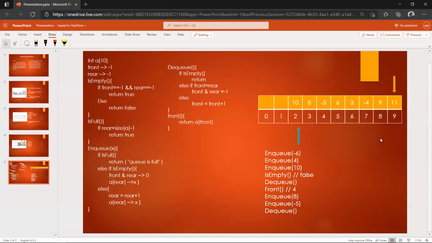If we were to perform another enqueue operation in this situation, it will just show the queue is full. But in the case of a circular array, the rear will again start from here, and the next enqueue operation will insert the value here. And in that case, there is a solution to how we will find the next